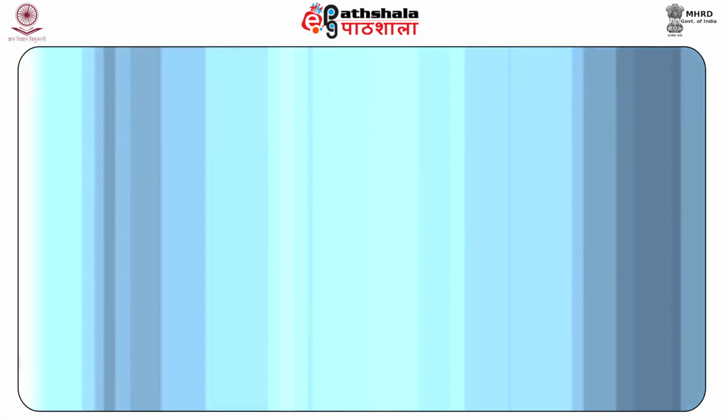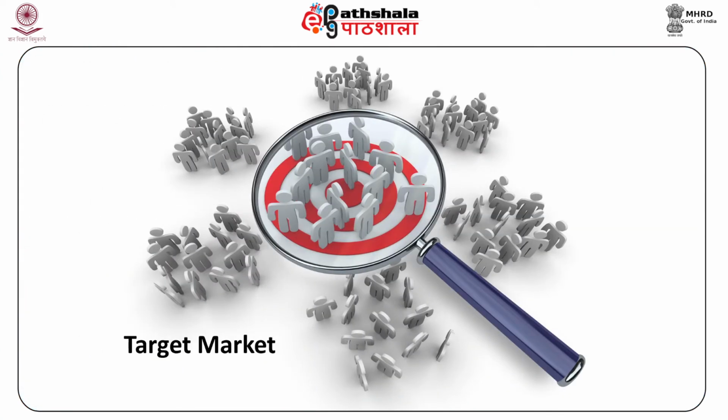Then brand positioning. The firm should consider the following while trying to position a brand in the market: the target market and the area of differentiation. The target market. While launching a product or brand, it is important to know in which market it is going to be launched. If the market is new, then the firm has to communicate the advantage and characteristics of the product to the new market effectively.